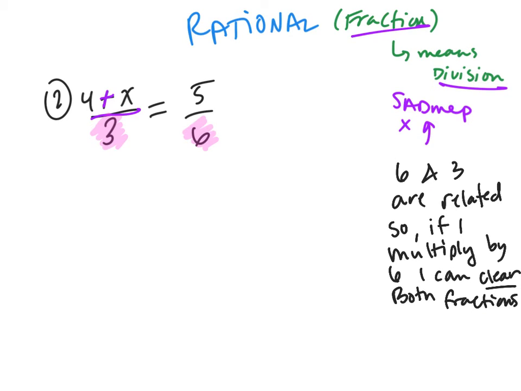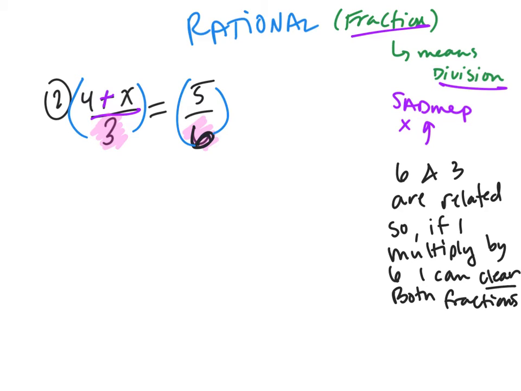If I were only to multiply by 3, I would still have part of this fraction still hanging out. So I want to sort of clear it in one step. So I'm going to show that. I'm going to show if I'm dividing by 3,